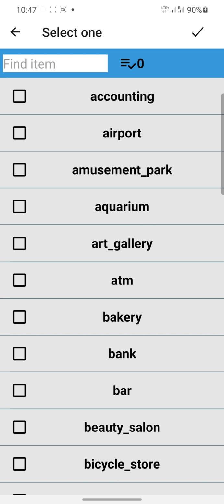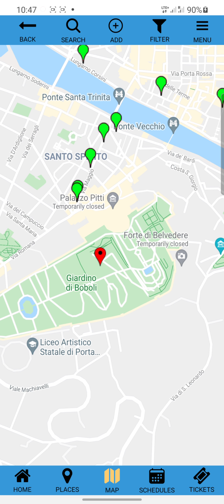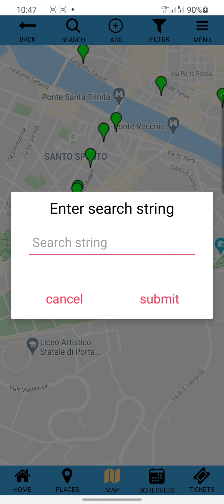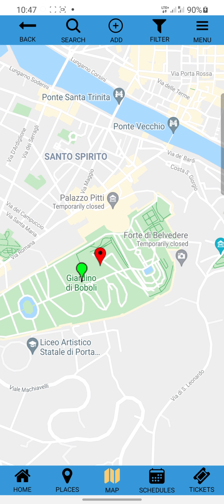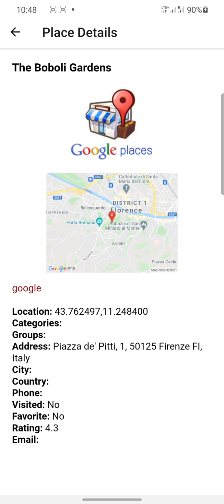Let's see, our gallery. All right, then we can do Google text. Let's do the same one. Okay, and so with Google,